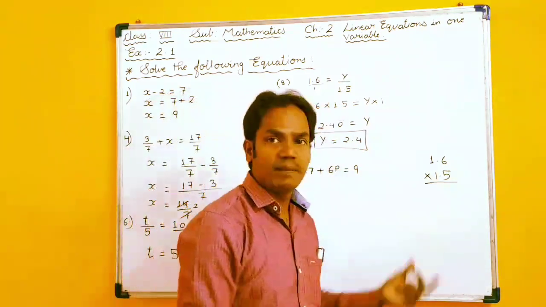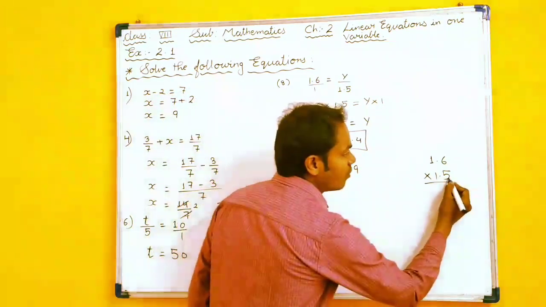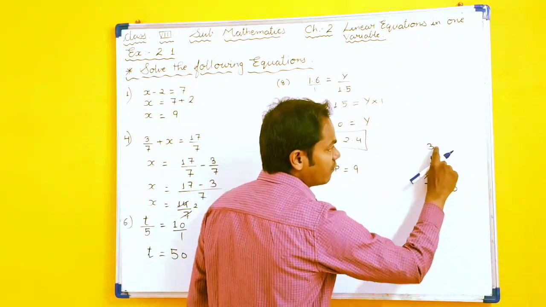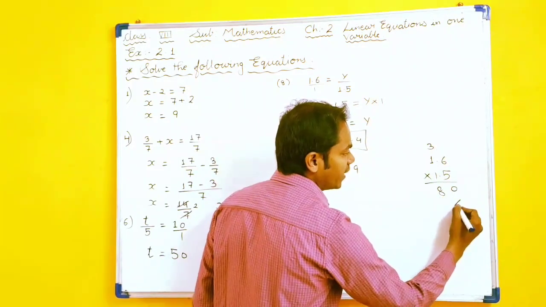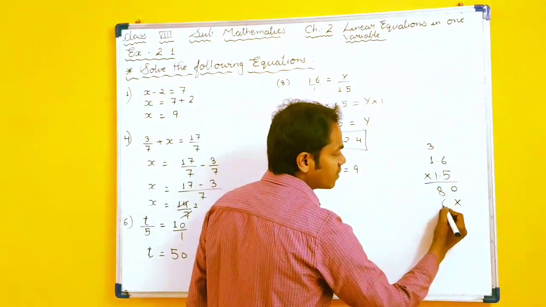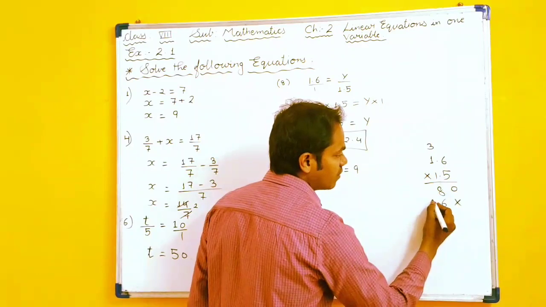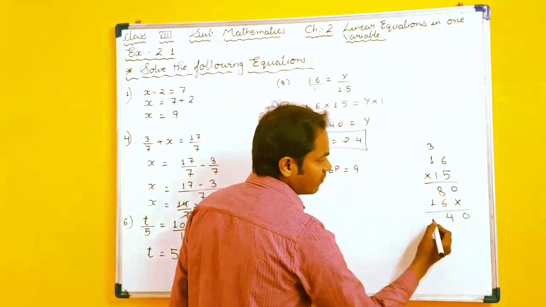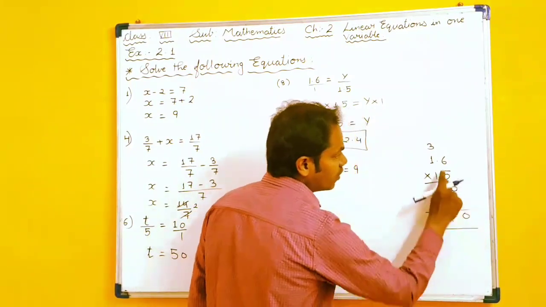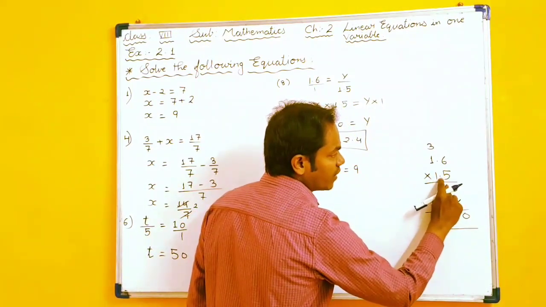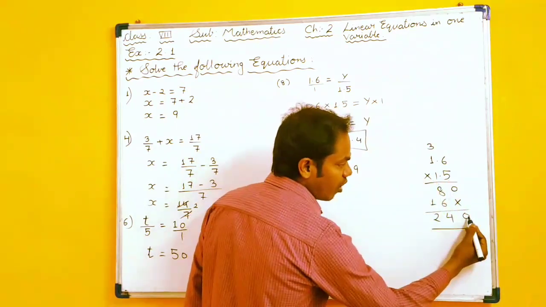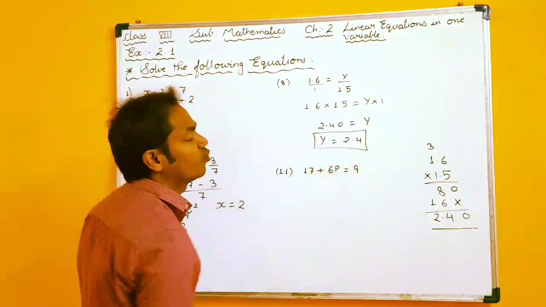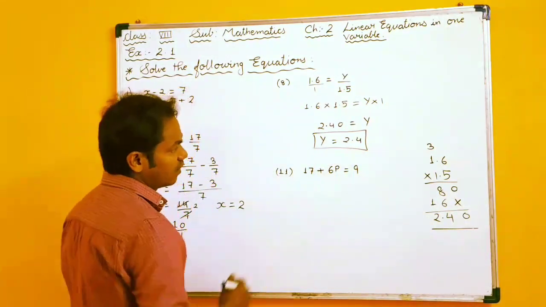If you do not know how to multiply directly, you can solve like this. 5 sixes are 30. Carry 3. 5 ones are 5. 5 plus 3, 8. 1 into 6, 6. 1 one is 1. 0, 8 plus 6, 14, 4, carry 1, 1 plus 1, 2. After decimal 1 value, after decimal 1 value, total 2 values. So count from your right hand side, 1, 2 and mark 1 point. So y is equal to 2.4, your answer.